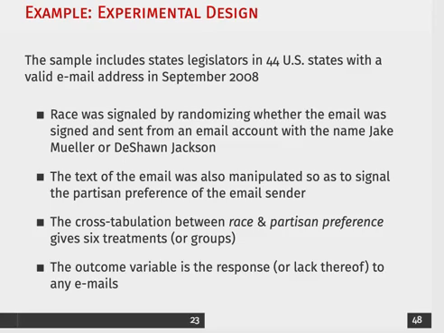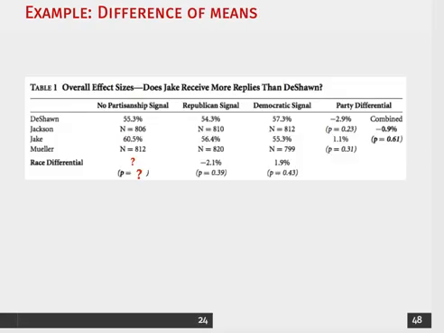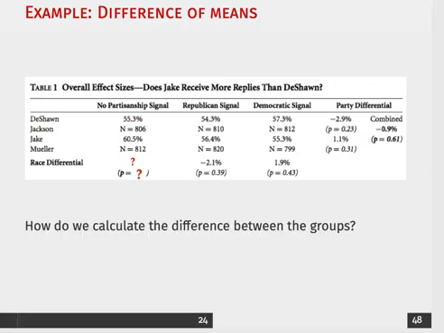The outcome variable then, or the response, is going to be whether or not the legislator gave any sort of email response or via mail. When we then look at the difference between the means, we can see that we're going to get some difference between the two, which is going to be approximately 4 if you go up and down the no partisan signal. And we're then also going to have some sort of p-value that's associated with that estimated coefficient. Now, how are we going to go about doing that? You might have guessed it, mostly because I said it, but we're going to run a hypothesis test.